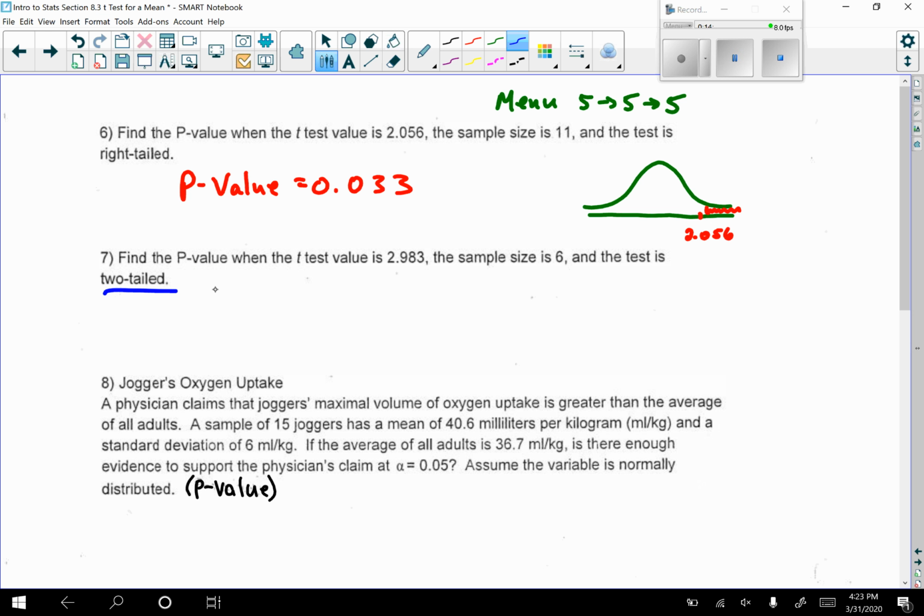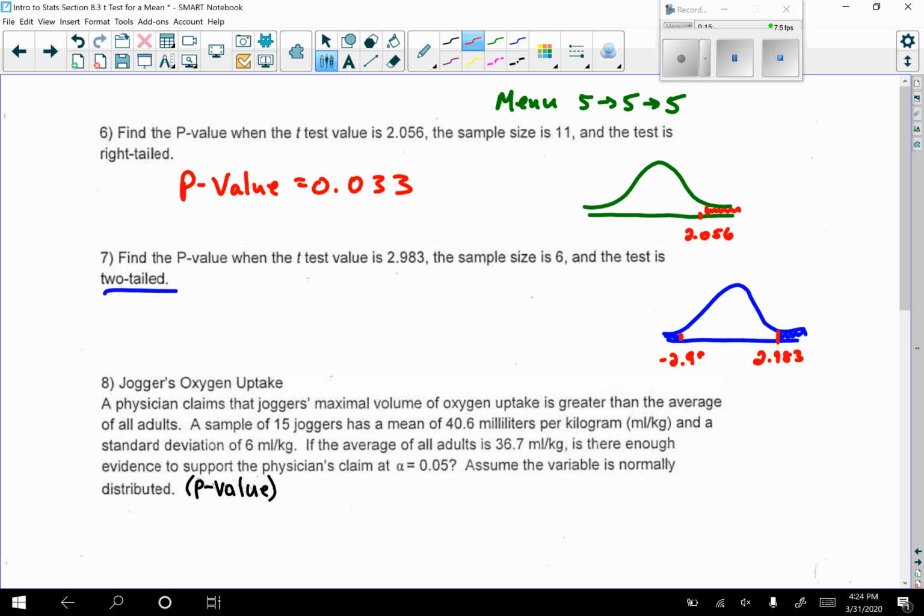It's not that our p-value is each area. We're not doubling a p-value, we're doubling the area, and that's equal to our p-value. So here, we have a two-tailed test, so we've got a little bit of area to the left and the right, and the t-test value, let's say right here, is 2.983, or over here, you can put in